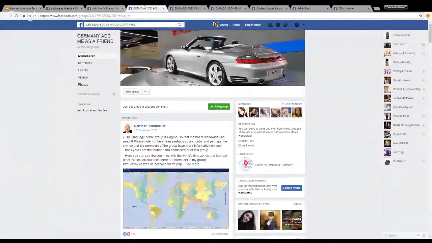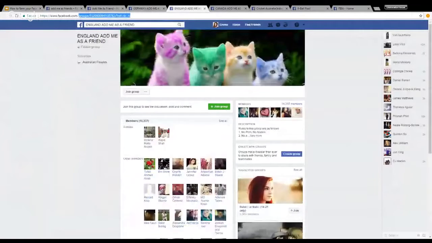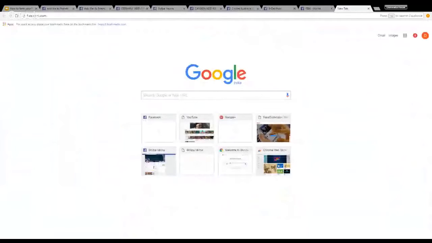Now I will show you some of the profiles which I have built using this method.